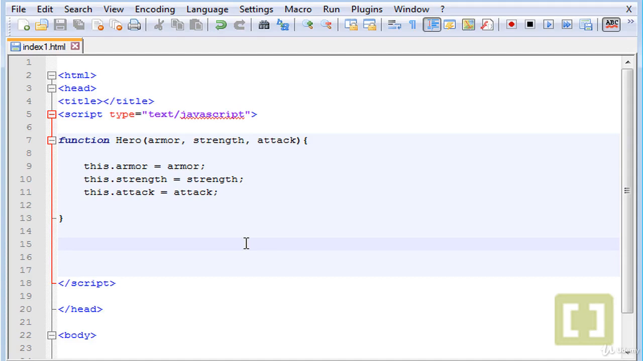Now I want to create different heroes with different values for each armor, strength, and attack. To do that, we need to create an instance of an object. An instance of an object is basically creating a new object, like we created the array with the new. So the first thing you should do is create a variable. The name of the variable is going to be dwarf, which is going to be the first hero that we want to create,